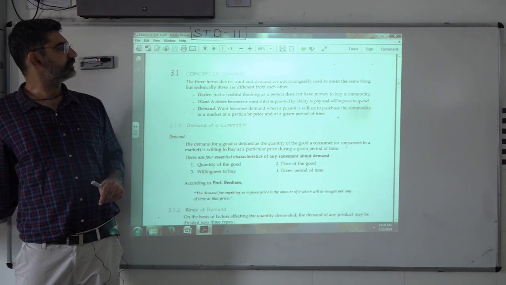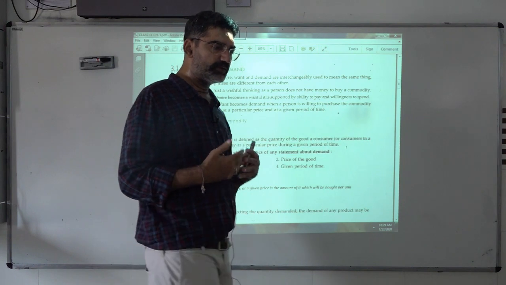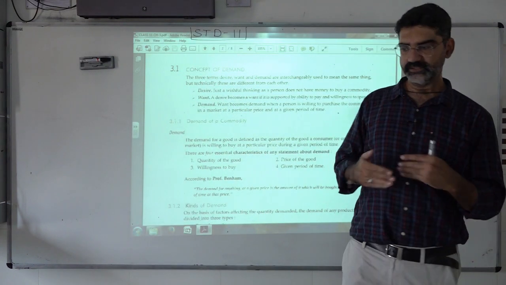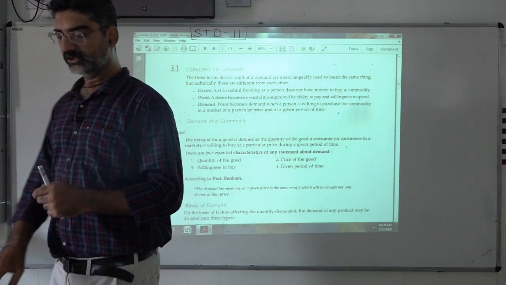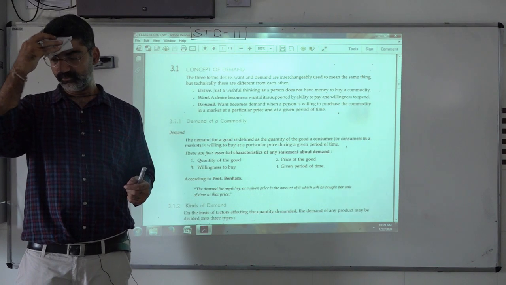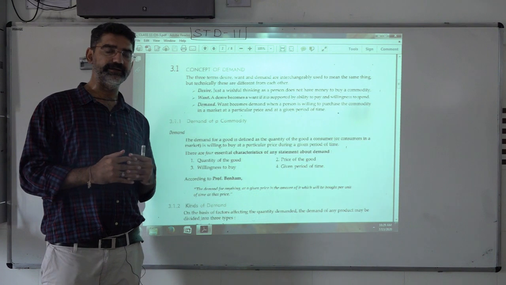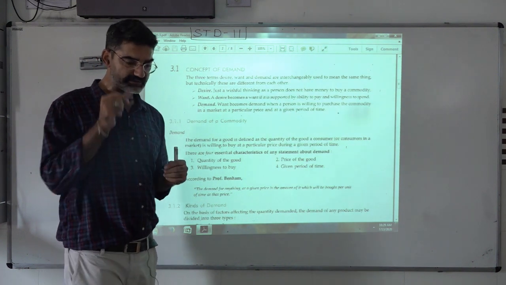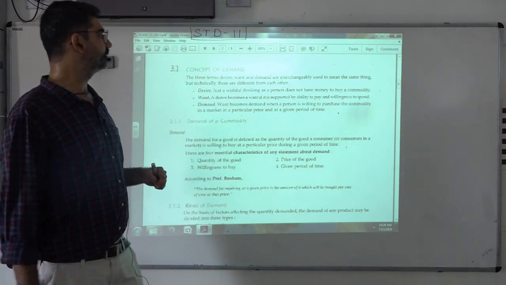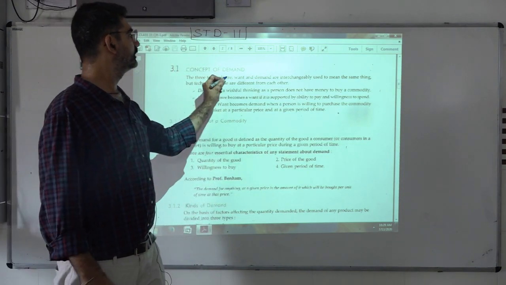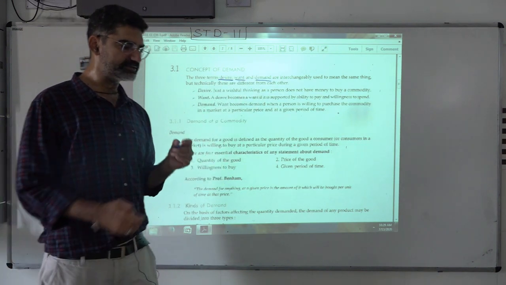Let's talk about the concept of demand. Now in here we will see three different words that are used interchangeably. From one side, you'll see that all these three words mean the same, but technically, if you try to understand from the viewpoint of demand, from the viewpoint of economics, the meaning is very different. The three terms,